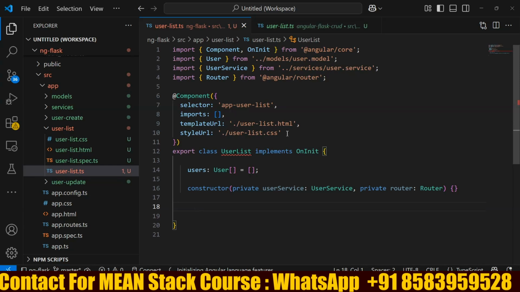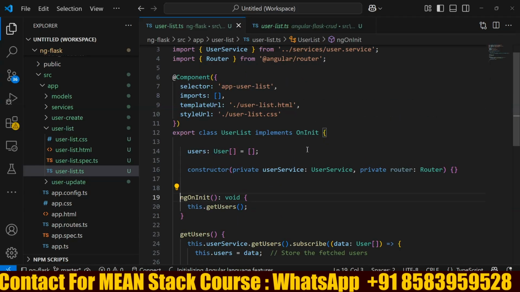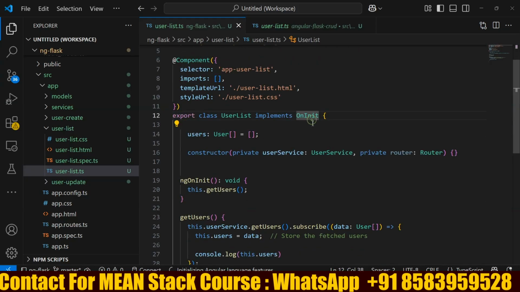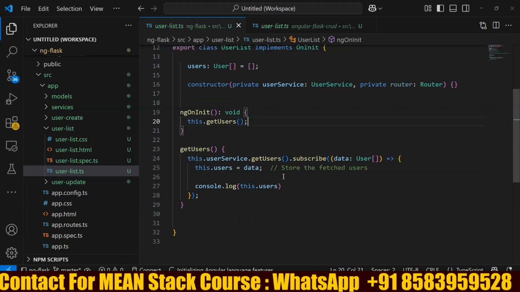And then to display the list we will have to write this function. So basically now the error is gone, because ngOnInit, this one we are implementing. This is actually an interface. That's why we are writing here implements. So inside this interface, this is the function which we must inherit. Function body we